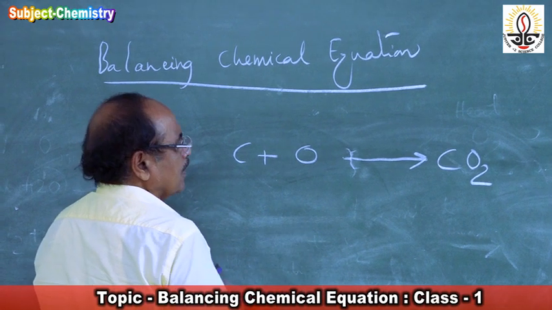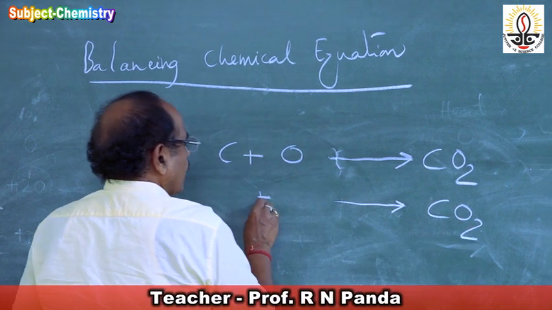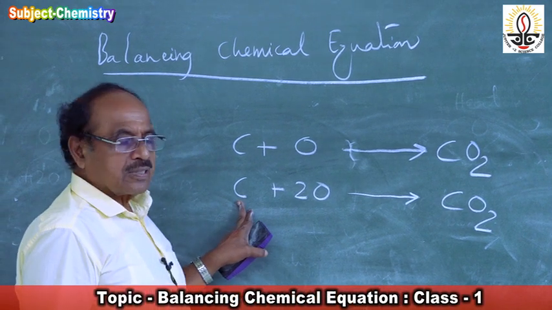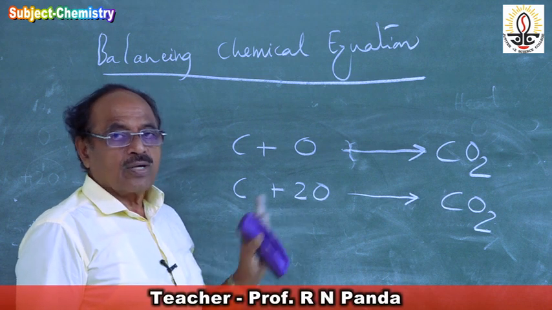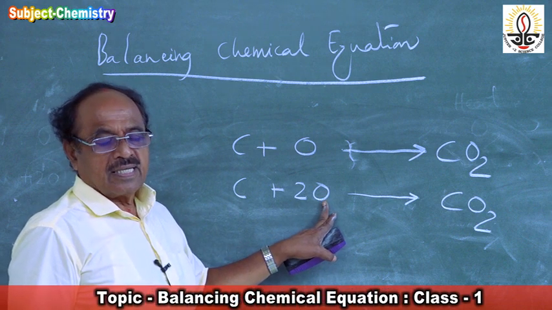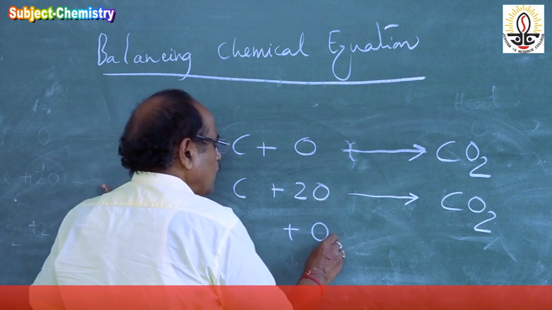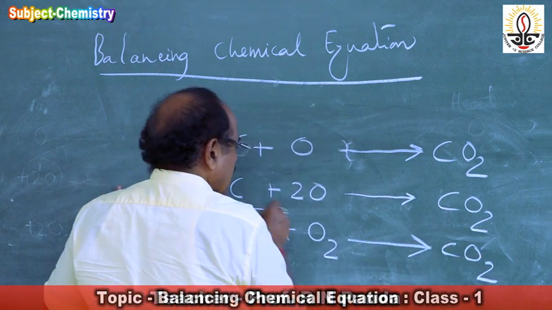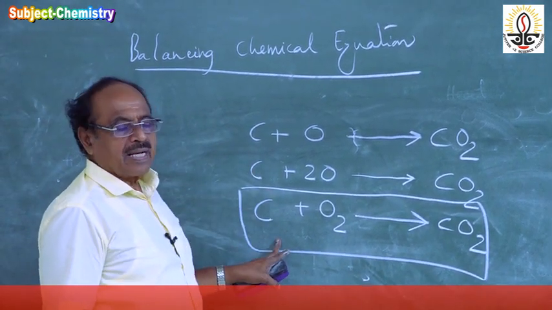So to make it an equation, what do I write? I'll write CO2, all right. Then I have 2 O and carbon. This is an equation, because the number of atoms on the left side is equal to the number of atoms on the right side. It is an equation, but not a balanced equation. Why? Now oxygen remains in the gaseous state and it always remains in the diatomic state. So I will write it as O2, then C, then CO2, then this becomes a balanced chemical equation.